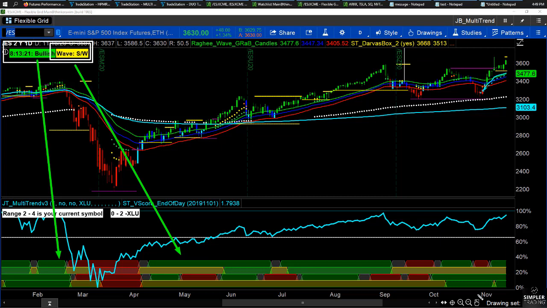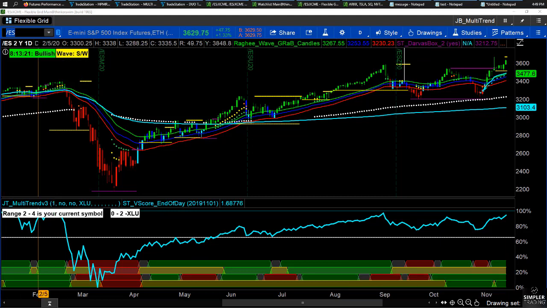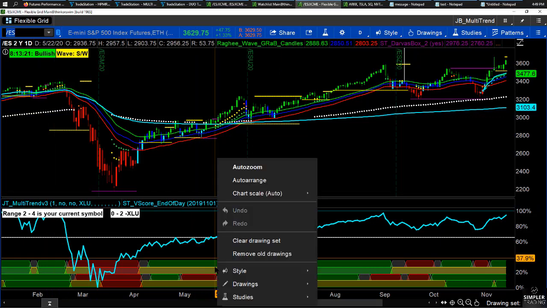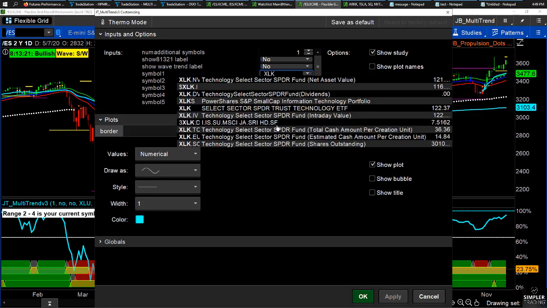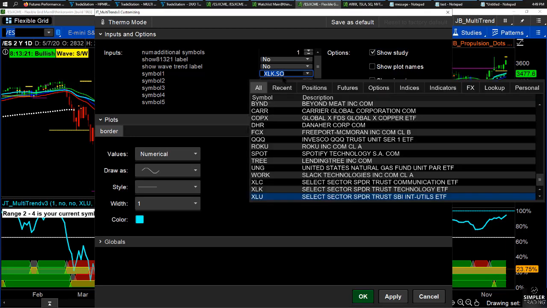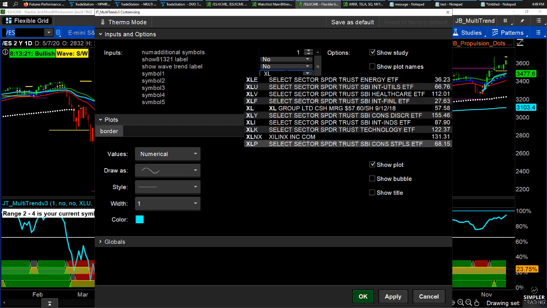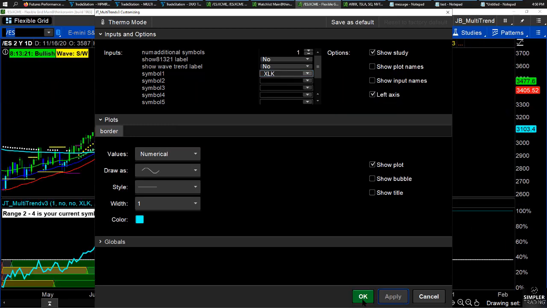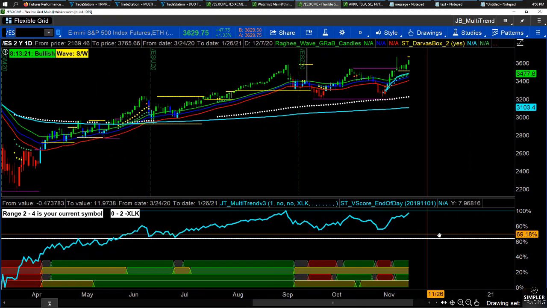The first rows here are one symbol. The second row here is a separate symbol. So let's say we want to compare the S&P. Well, we could just compare it to the S&P. We don't have to compare it to anything else. But let's see here. What if I do a heavily weighted sector within the S&P? So I'll do XLK, the XLK ETF. And the S&P will plot automatically because that's the symbol of this chart. So I've got the S&P here, first top two rows, XLK bottom two rows.